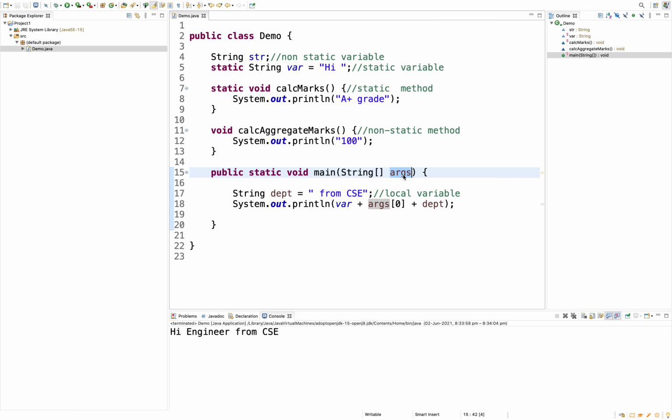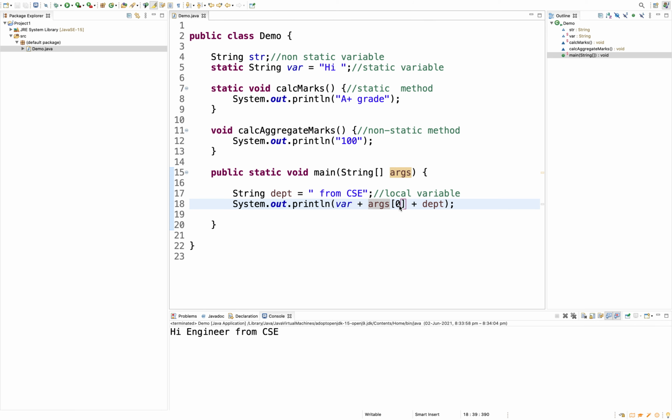In our case, we pass this as one string, so we are printing that as arg of 0, but we can also pass an array of values from the command prompt or from the program arguments.